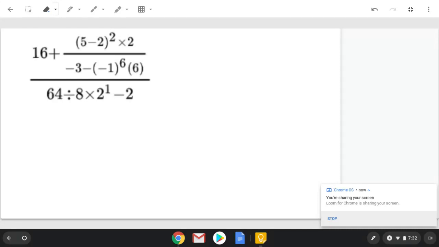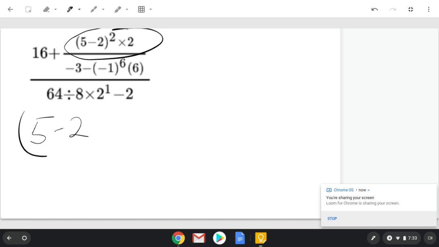This is a doozy. We've got a complex fraction and another fraction. Lots of exponents, negatives. Anyway, what I'm going to do is start by just working on that part. Okay, and we'll see what that is. So we got